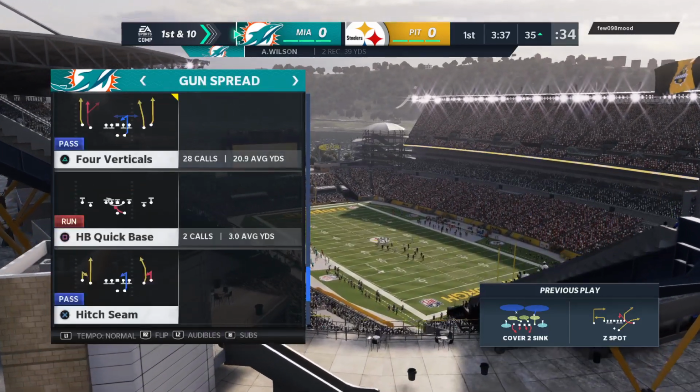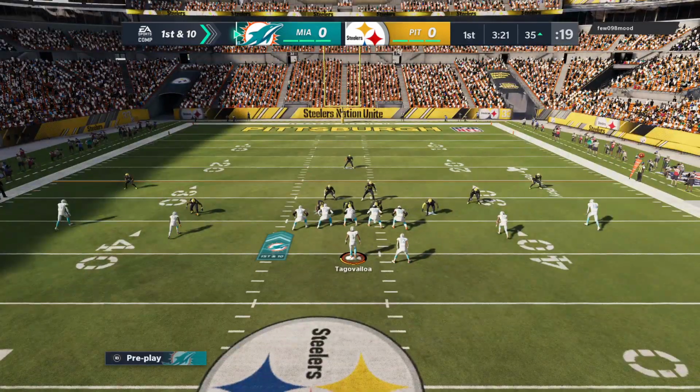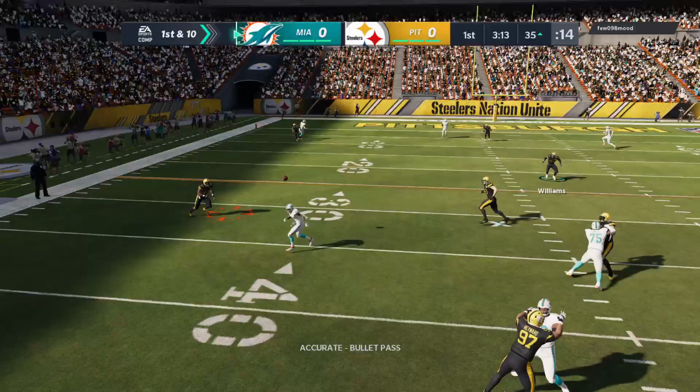Really been an ideal start for them. They get the turnover on the opening possession. Now here they are moving the ball straight down the field on their first drive. And that feels good, but you know on their side of the field, all they're thinking is finish this drive off because they took it away, right? So